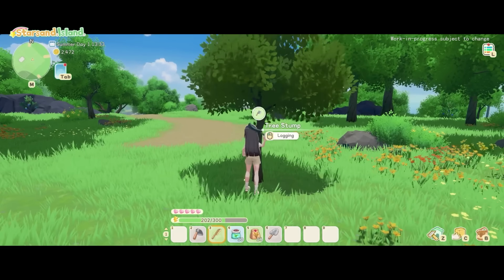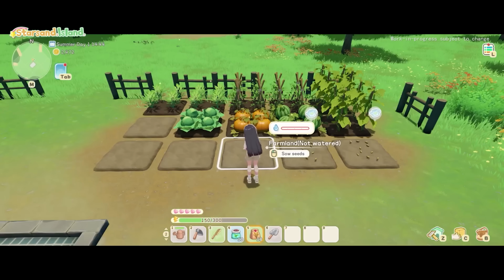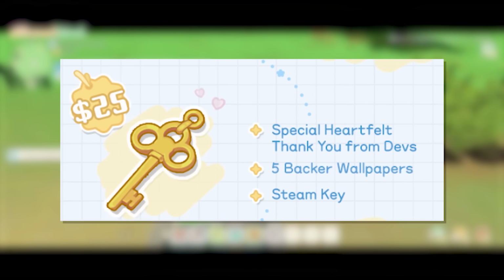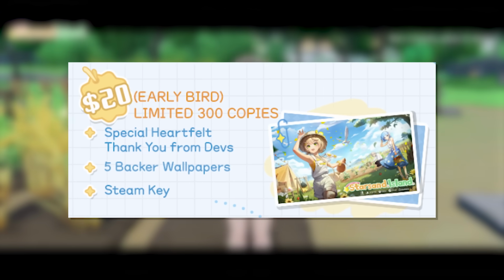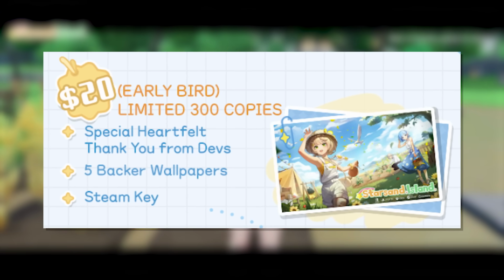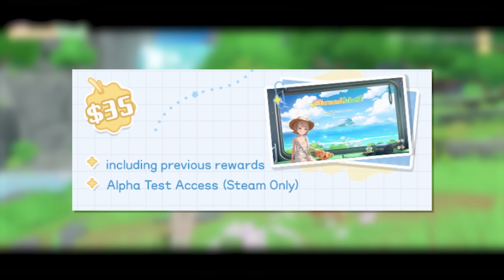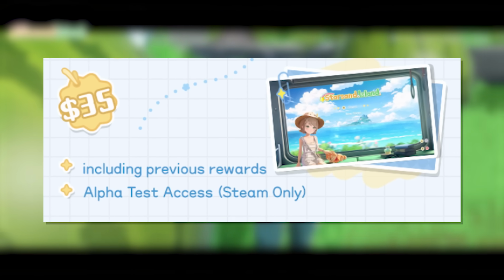Now, the tiers are to be expected, and as always, there are some ridiculously priced tiers, which I personally don't like. So you have your game key, thank you letter, and 5 backer wallpapers set to $25. There was an early bird edition for $20, but I feel like by the time this video is out, they might have surpassed the limit of the 300 copies for this. After that, you get all of the previous rewards plus alpha test access for $35, which I think is insane